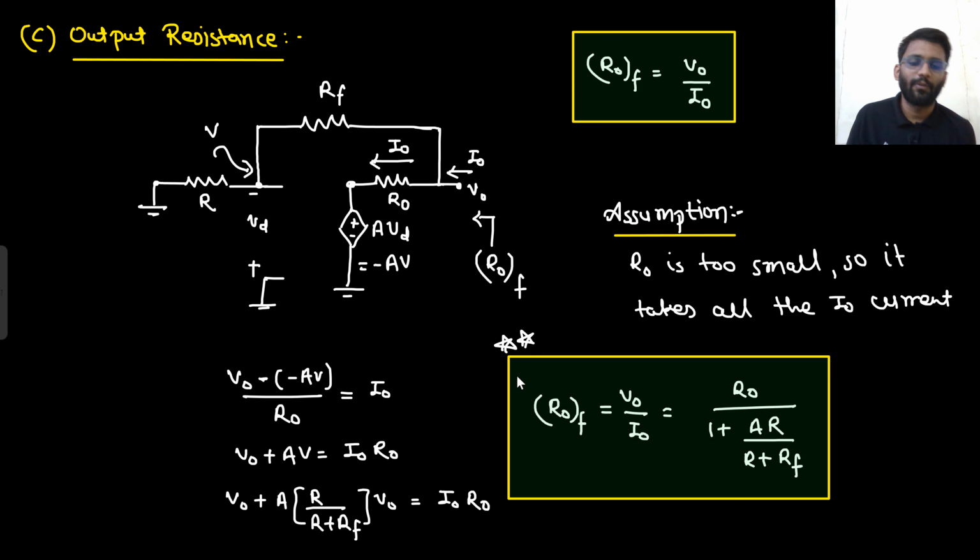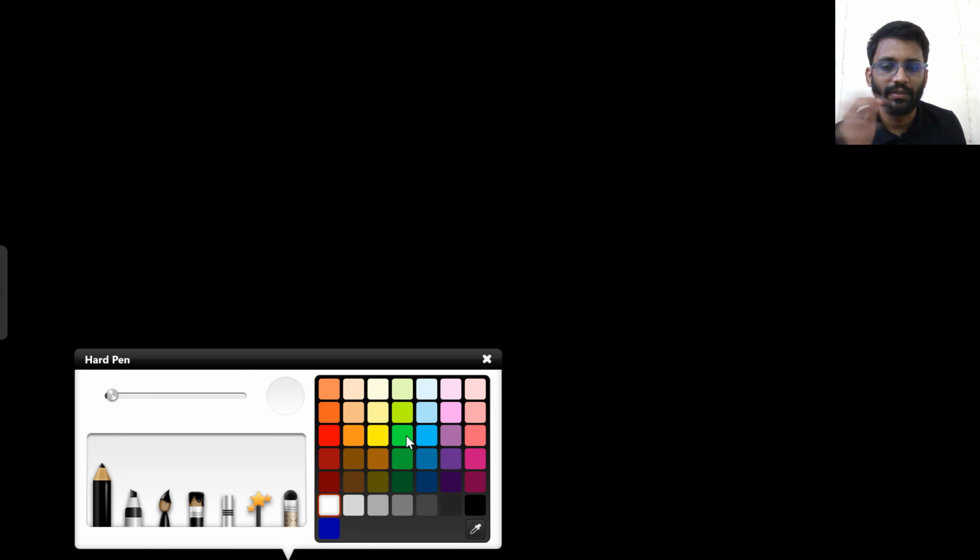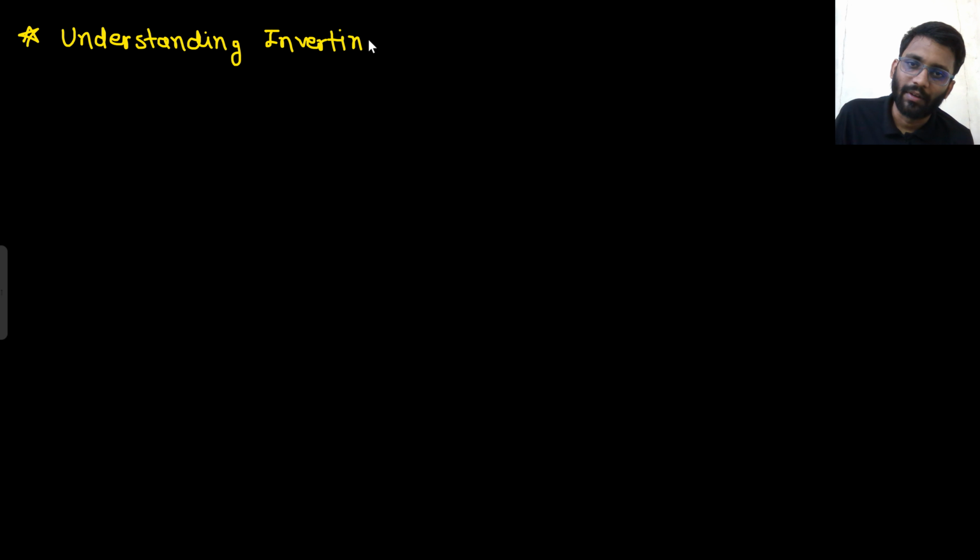Complete analysis we have done for inverting and non-inverting amplifier. Now what is the thing that is remaining? That now we are going to understand this with the concept of feedback topology. So understanding non-inverting amplifier with the concept of feedback topology. So this I am going to write down. Understanding, sorry, inverting amplifier, not non-inverting amplifier. Understanding inverting amplifier